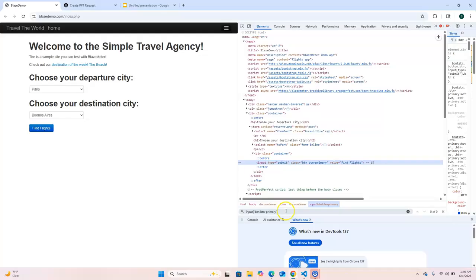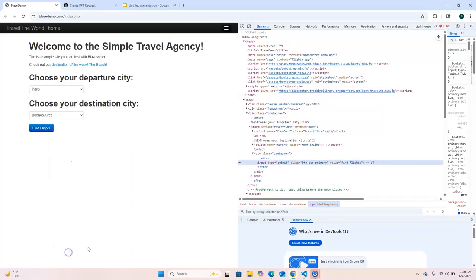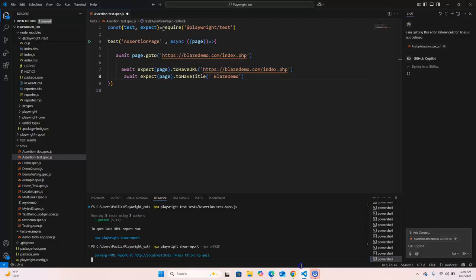See, this is the class. Okay, so Find, and Control C, directly we can use the value class. So what we need to do here, first I will write the locator here. So what is the locator exactly here? Page